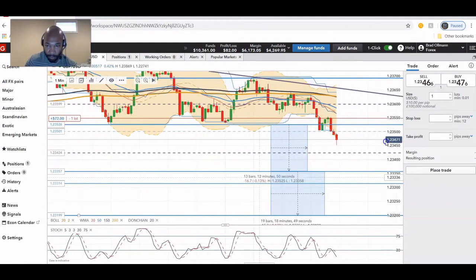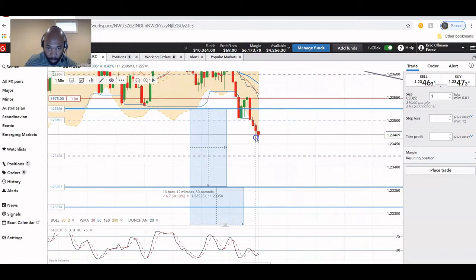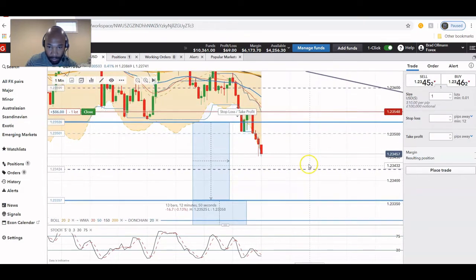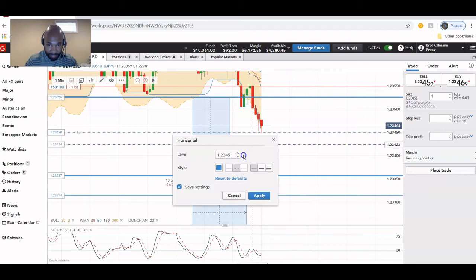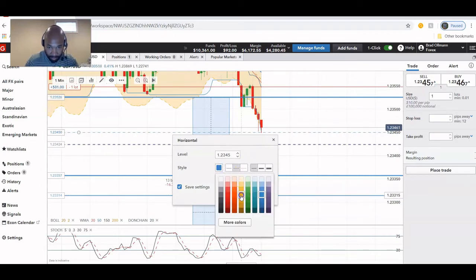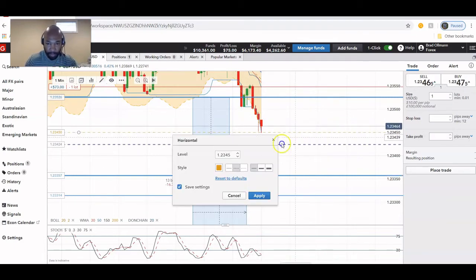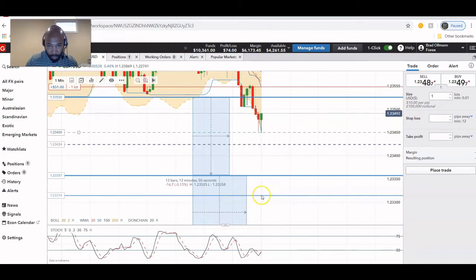Let's give you a greater look. Oh, it's doing this thing. Okay, let's hope it reverses past this. I like to keep this line just to remind myself of the low. Let's have this be this color. It's not a prominent color. Purple or good old blue.